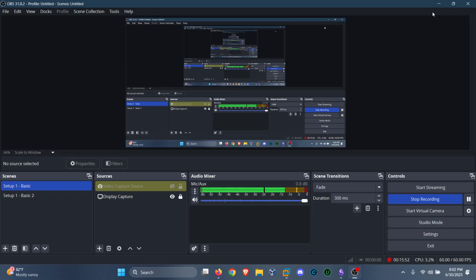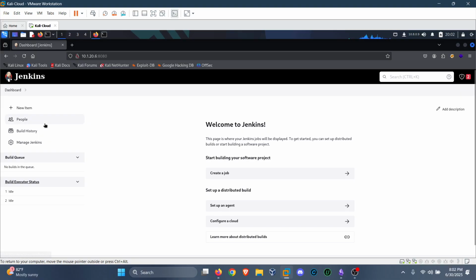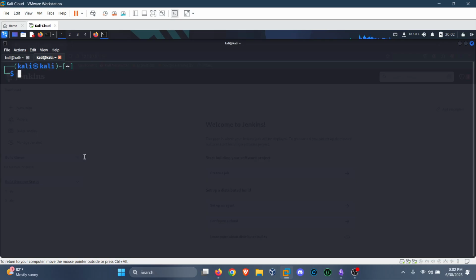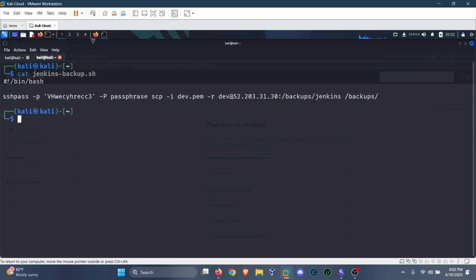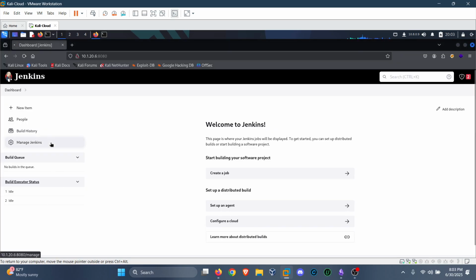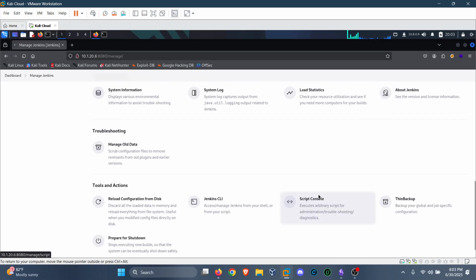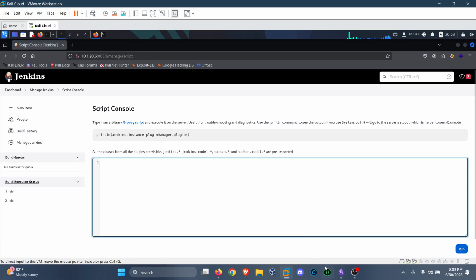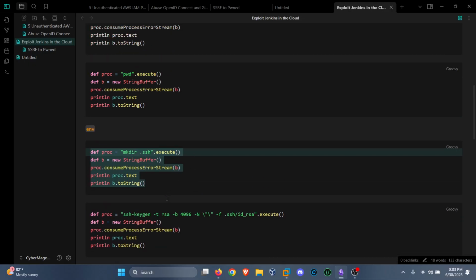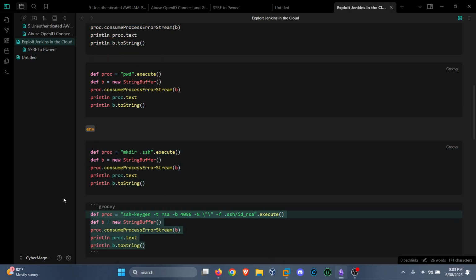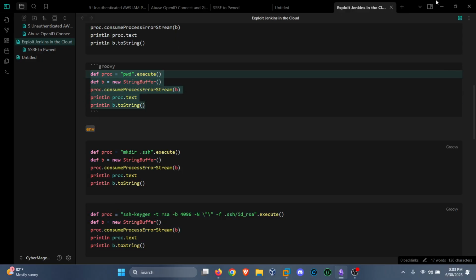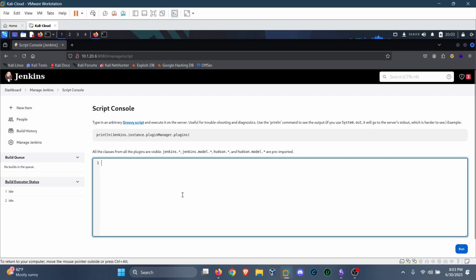Sorry guys, I'm back. I had some network adapter issues with VMware, so it took a bit longer than expected. So we found the SSH or the backup file. Now we're gonna go back to Jenkins and see if we can get a reverse shell. We tried that, that didn't work. So now we're gonna try to put the public key inside of here and then use a private key to access it. We can just run this command over here